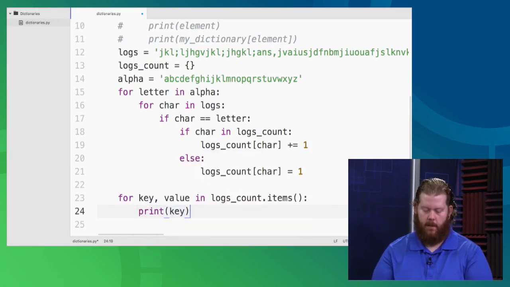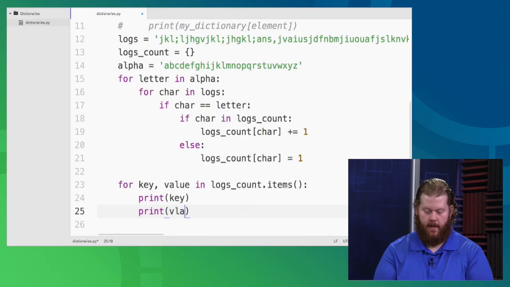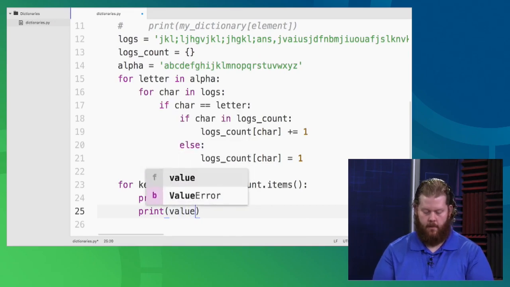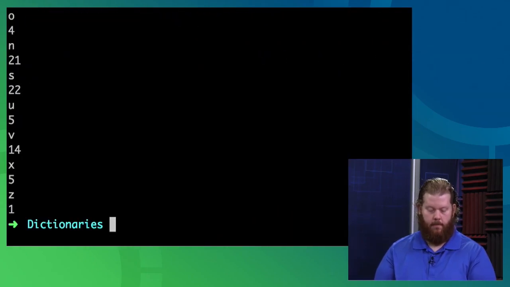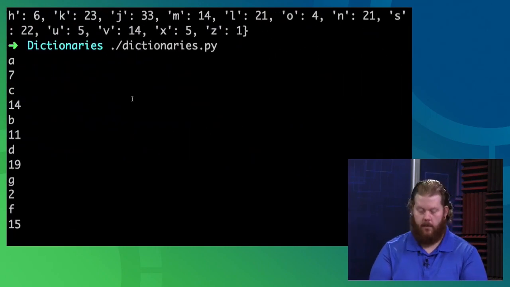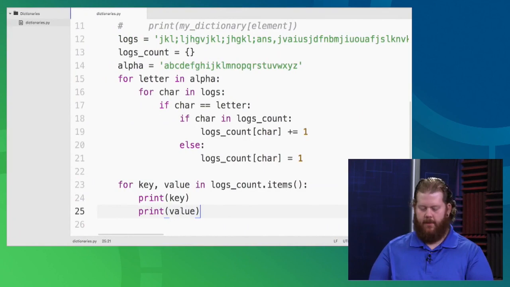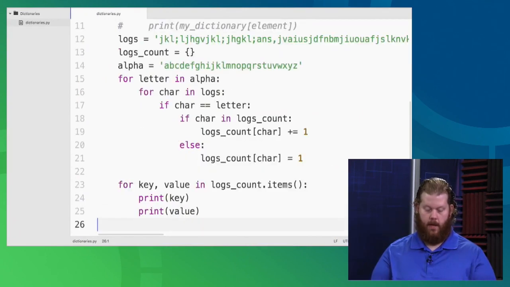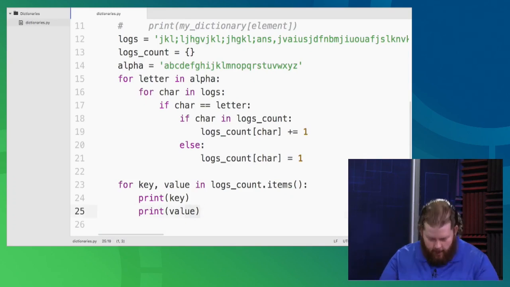So I'm going to print the key, I'm going to print the value, and boom. Okay, that's a little better. A is corresponding to 7, but that's still not great. It would almost be better if I had these in comma separated form.